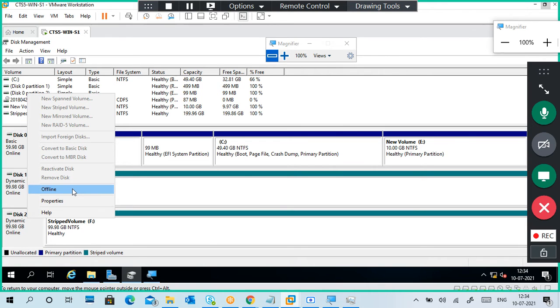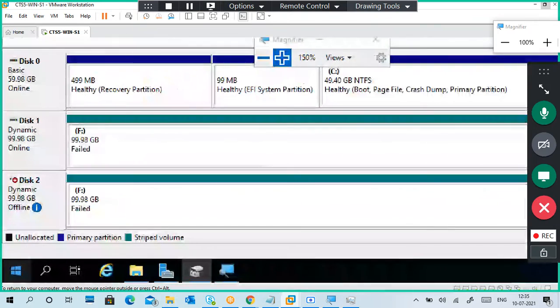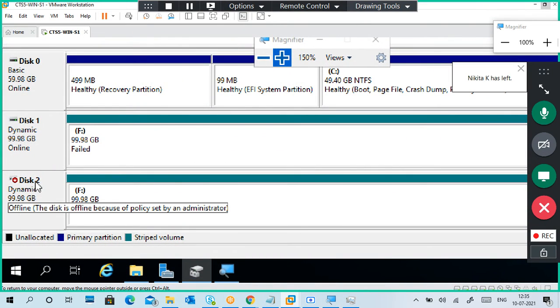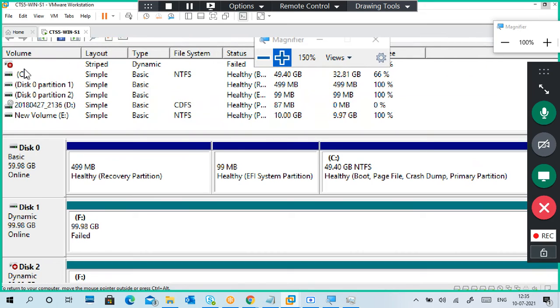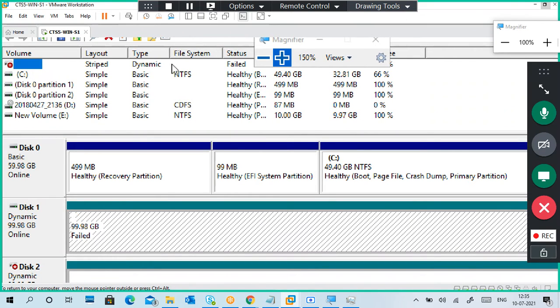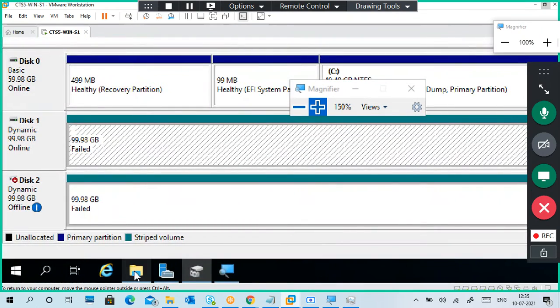I'm not doing anything else. See, I made this one offline. Right click, offline. And what is it showing? F drive, but failed. It is also removed from here, and it is showing as failed, of course.